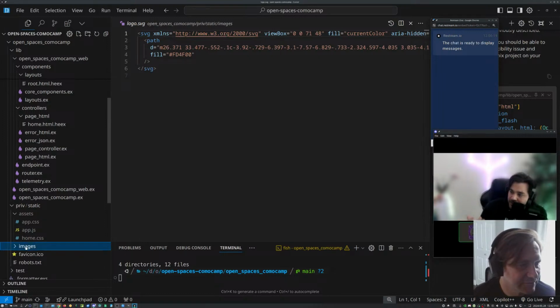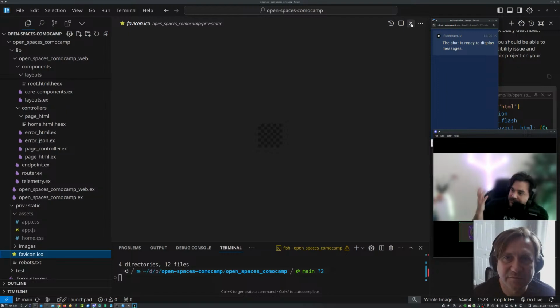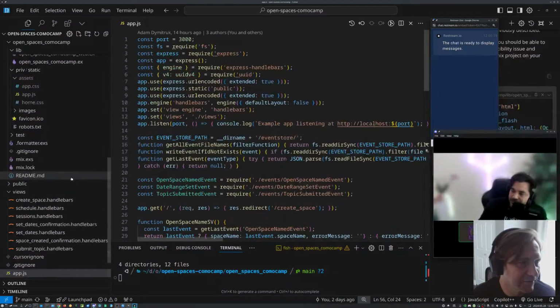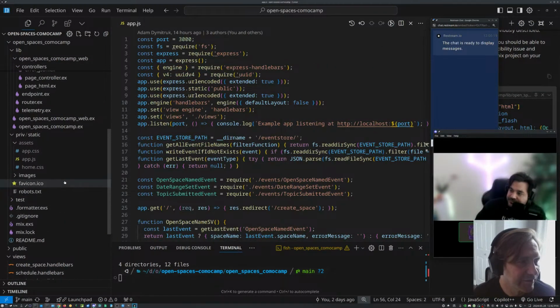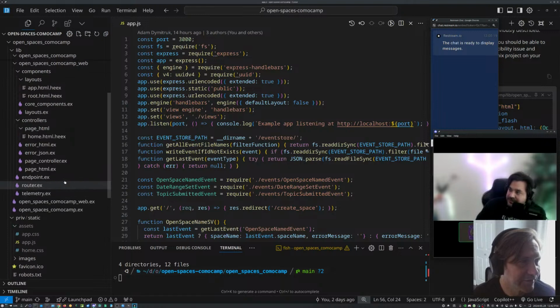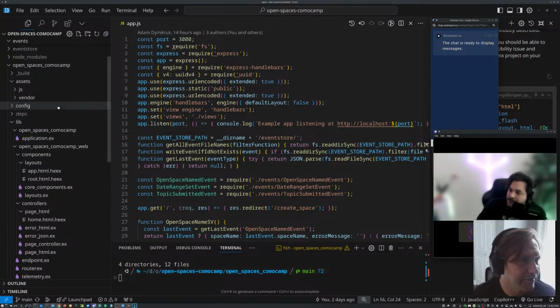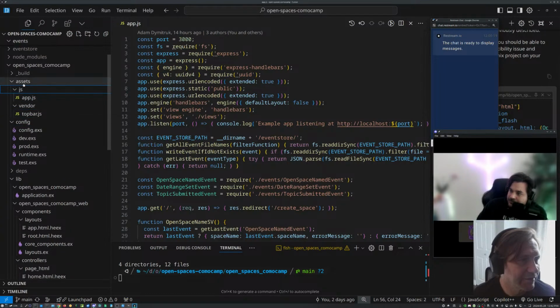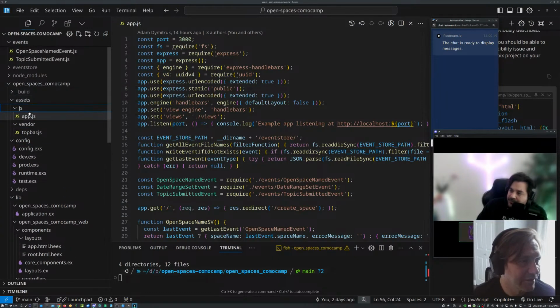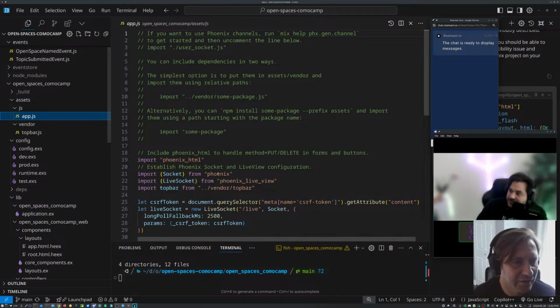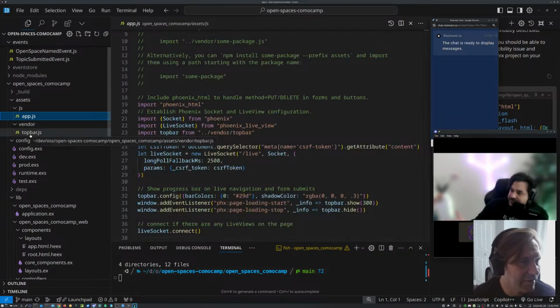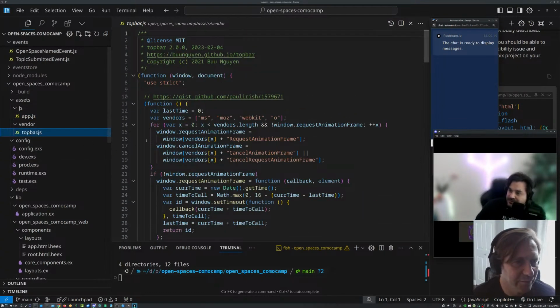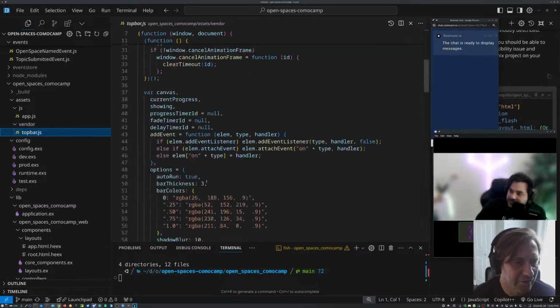But the code that you're actually gonna maintain is at the way top called assets, and that's where you're gonna find the CSS and HTML that you have. If you go up, you're gonna find it. So here, these assets. If you go inside, you're gonna find the JavaScript that you have. Top bar, and these things are here.